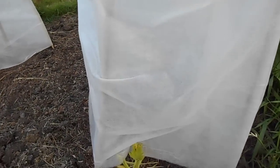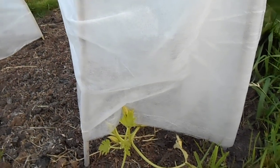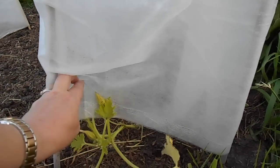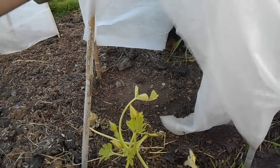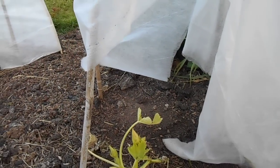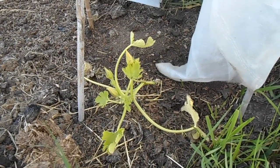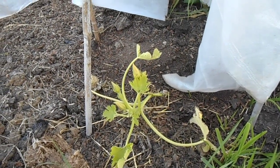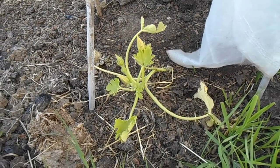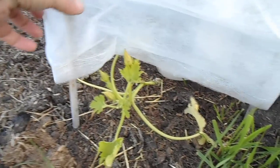is my courgette. Now, he doesn't look very well, so I'm going to give him a feed with some seaweed fertiliser, but he's got flowers on, so I'm quite pleased, even though the slugs have been having a good go. So he's going to be watered with seaweed fertiliser, and see if that makes a difference to him. But I'm really chuffed with the flowers, and